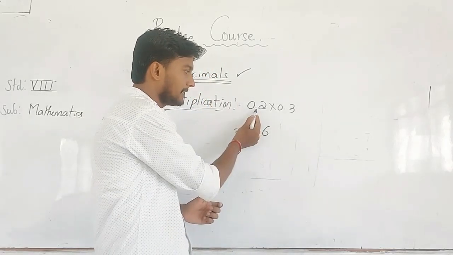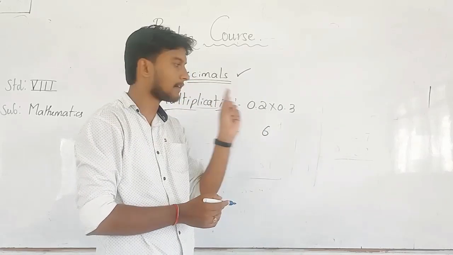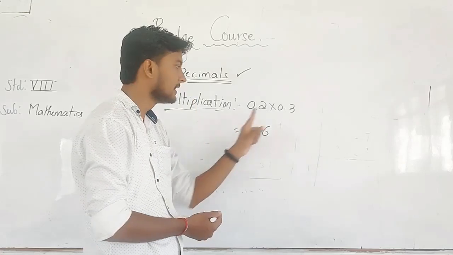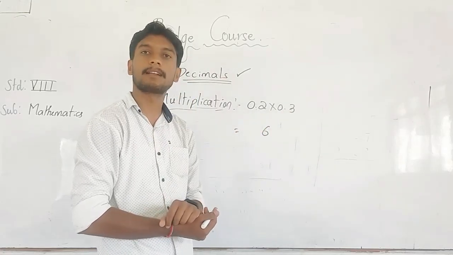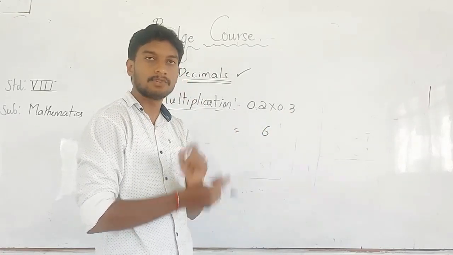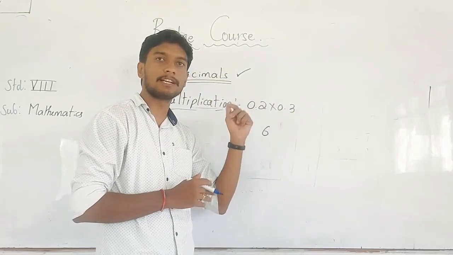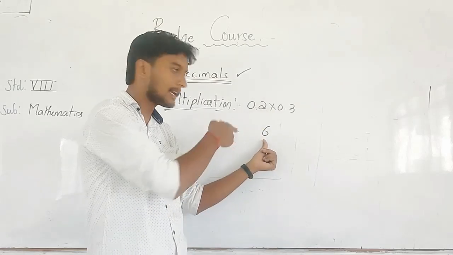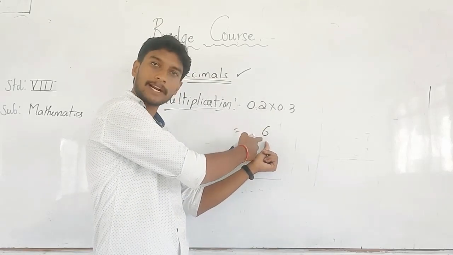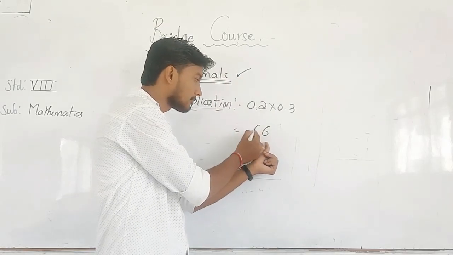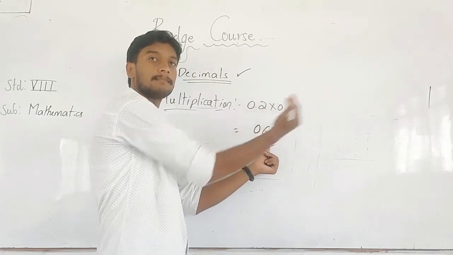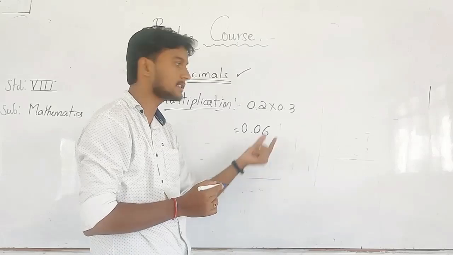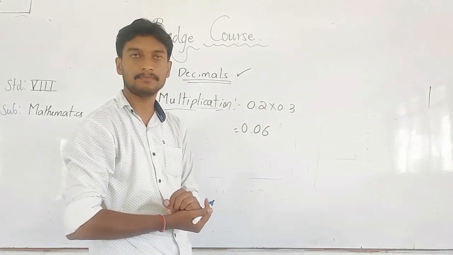After the decimal point in this number you have only 1. After the decimal point how many numbers are there? 1. Here after the decimal point how many numbers are there? There also 1. So it means here 1, here 1. After the decimal point you have to get 2 numbers. Already after making the product you have got 1 number. One number you want, so then you have to put 0, not after the 6, before the 6, and put a point and then 0. 0.06 is the multiplication of these two.